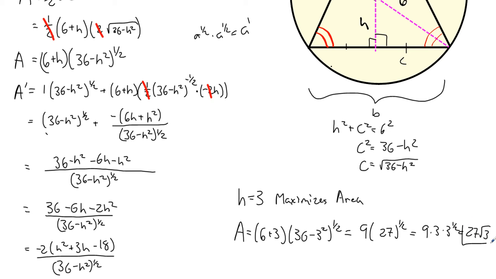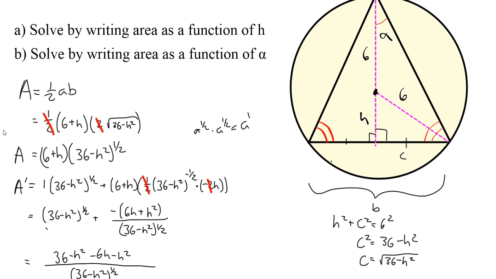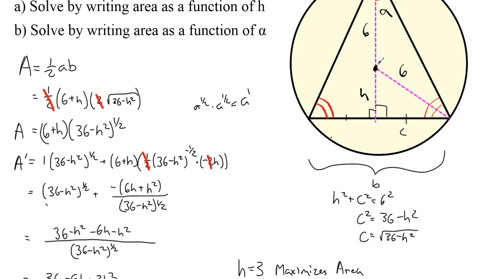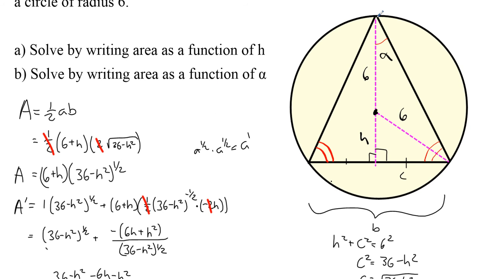That's my maximum area of an isosceles triangle. All right. Now, what's kind of cool about this, though, is that if you were to calculate these sides, and I'm not going to do it just for time's sake, I'm already 10 minutes in, but if you were to calculate these sides using an h of 3, and you would calculate that side, and then you could use Pythagorean's theorem to calculate, it would be 9, and then whatever you got here,